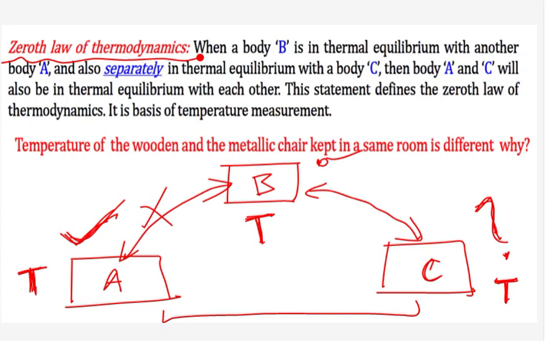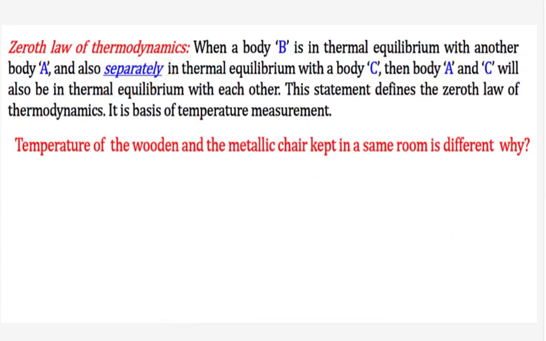So that's why this word separately is important. Separately you will have to see the thermal equilibrium. If they are in thermal equilibrium, then you can tell this. So zeroth law of thermodynamics is helping you to measure the temperature of some body. Now this we'll see in the next slide. We'll understand this with one example also, the thermometer. There you will have better understanding.